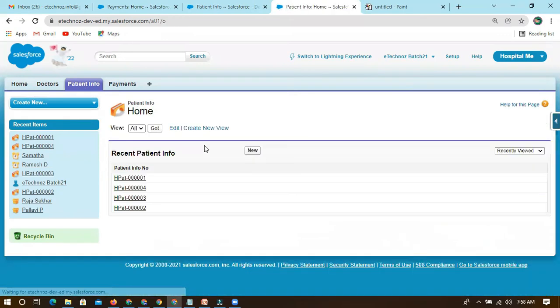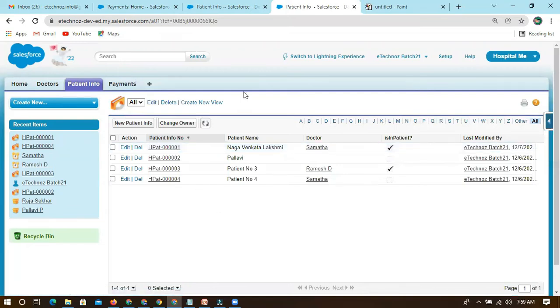Likewise, we can play. So for this payment, here you can see all these payment, patient name, and I have changed one to Samatha.